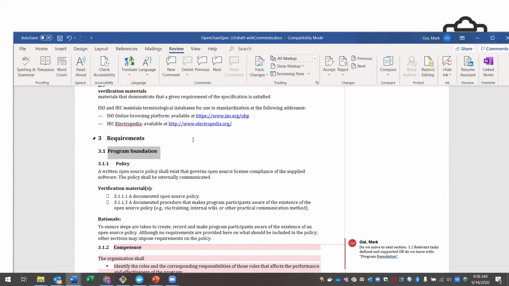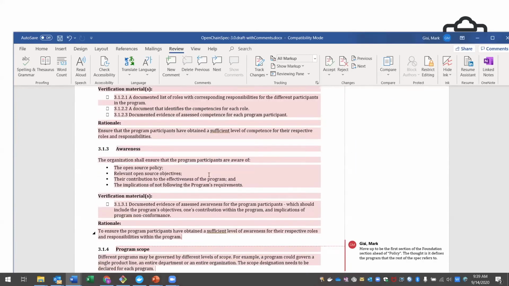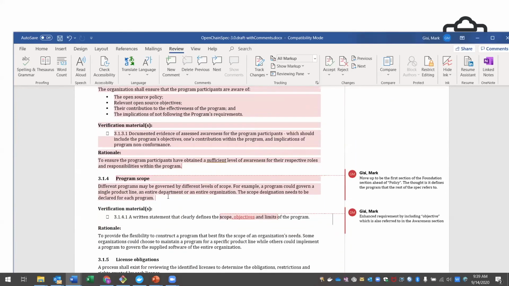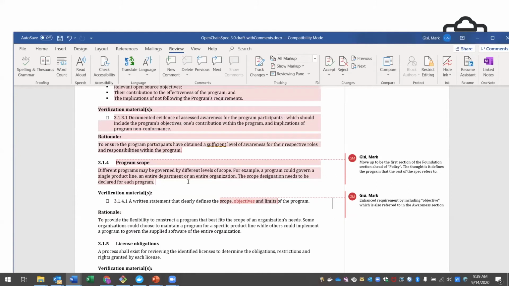I think your view is a natural place to go. Everybody's thinking that their companies have policies, and they generally tend to be pretty broad. Someone can have a company-wide policy for open source, and they would just have their program scope defined as the entire company. So that was something I think will likely stick, but we're going to keep it out there